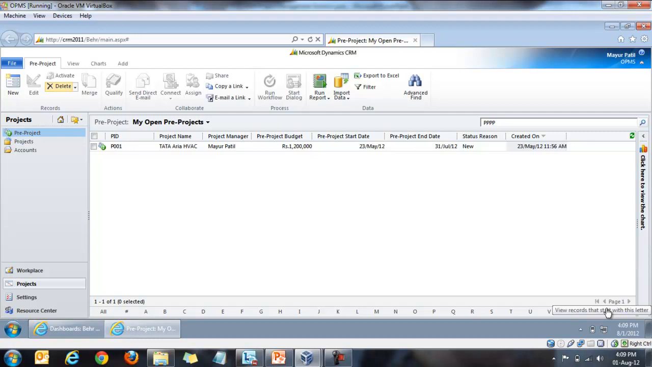Now we will move on to the demo of the product. Here you can see on the left hand side navigation pane there is a pre-project, project and account. Firstly we will select the pre-project and we will create a new pre-project by clicking on the new button,